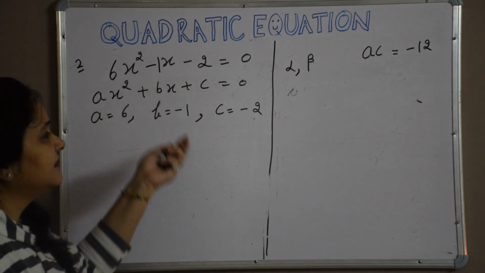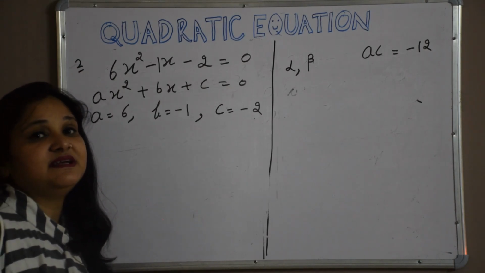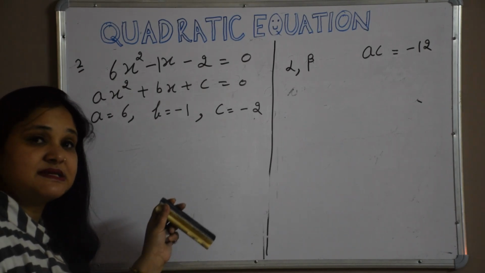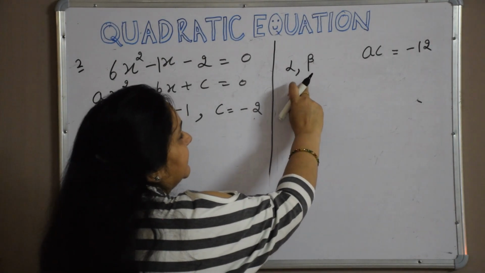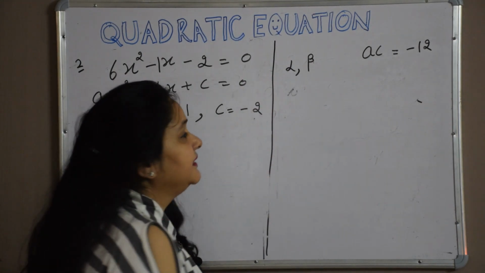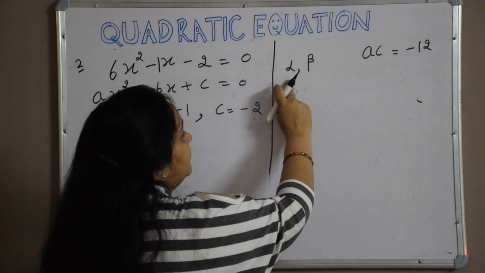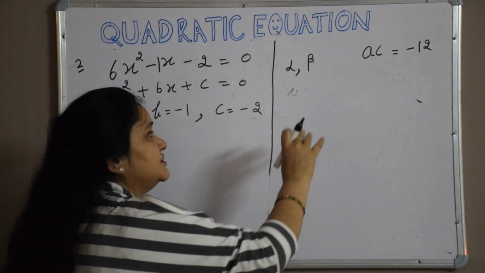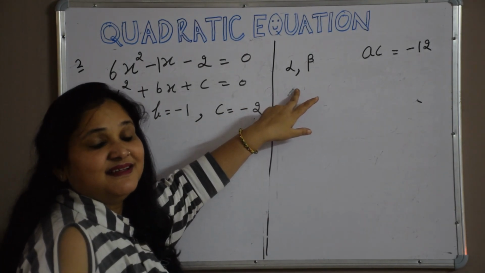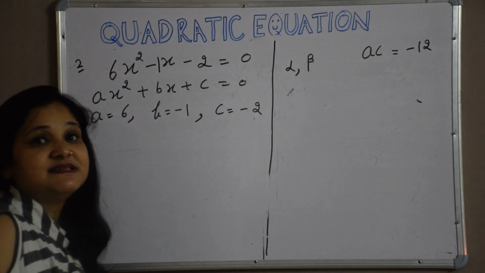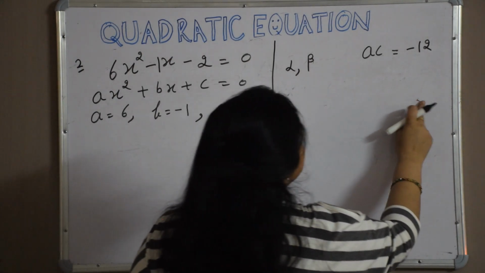This all we know, I think, from the earlier classes. From 6th class onwards we are studying algebra, and if you have any doubt about this concept, you can ask in the comments also. So alpha beta we understood. See once again, ac is negative, so the product is negative, therefore one number should be negative and one number should be positive. But if b is also negative, the negative number should be greater than the positive number. If the positive number is greater, the answer will be positive, but we want negative. So I think you understood the concept now.